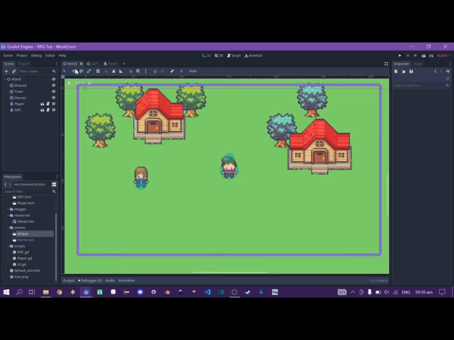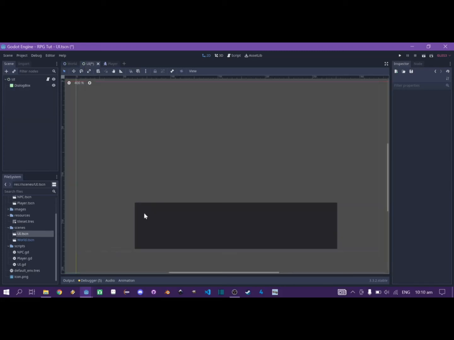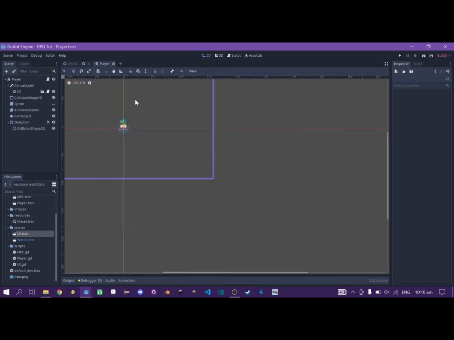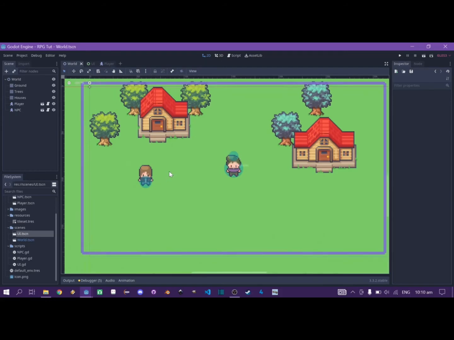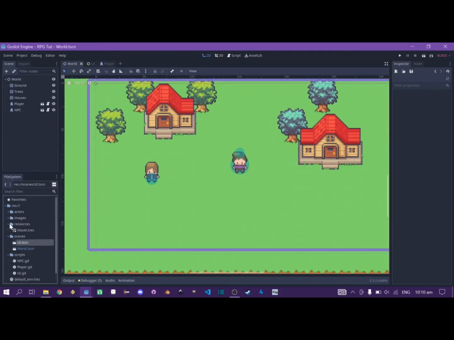Say, itong NPC na to is sasabihin niyang hello. So we're actually going to print it out here. Yun yung gagawin natin ngayon. So first off actually is create